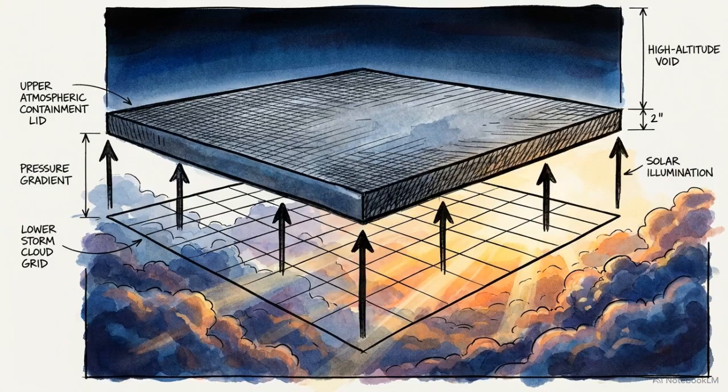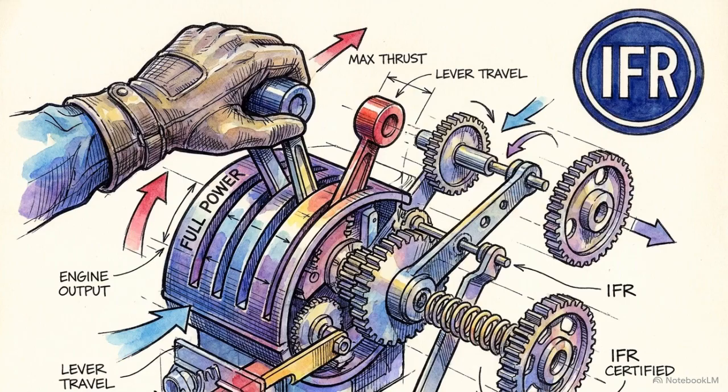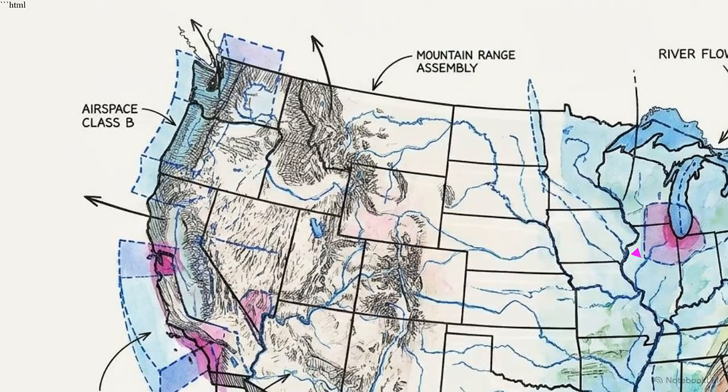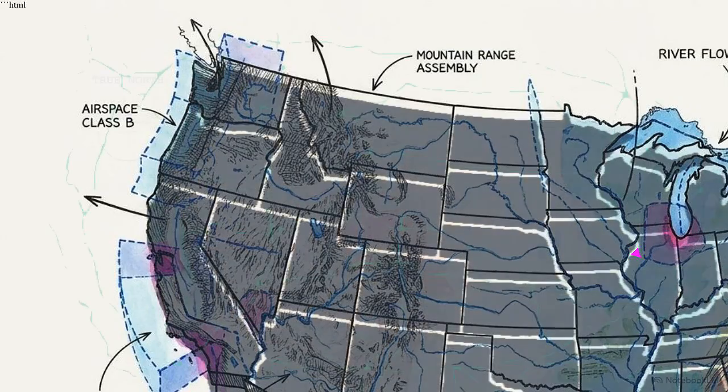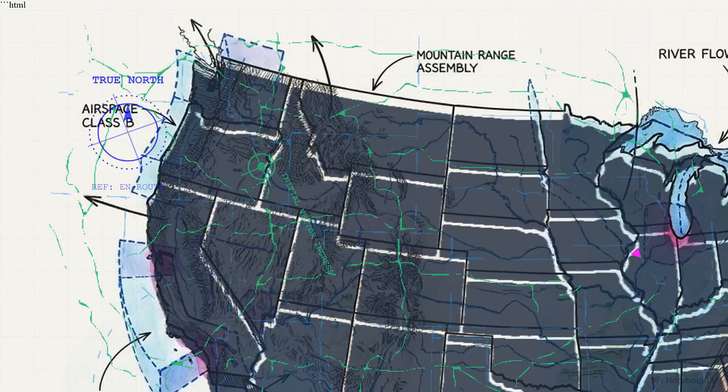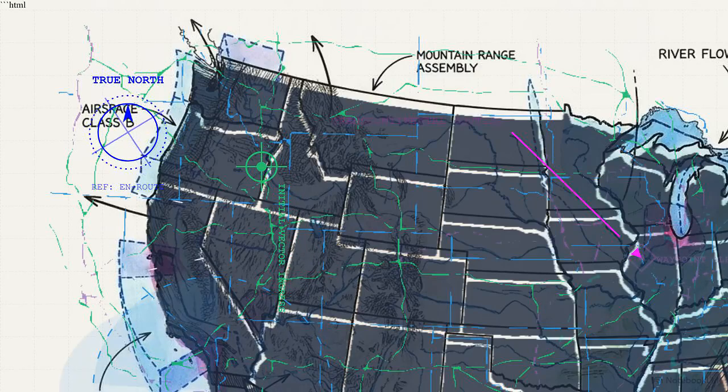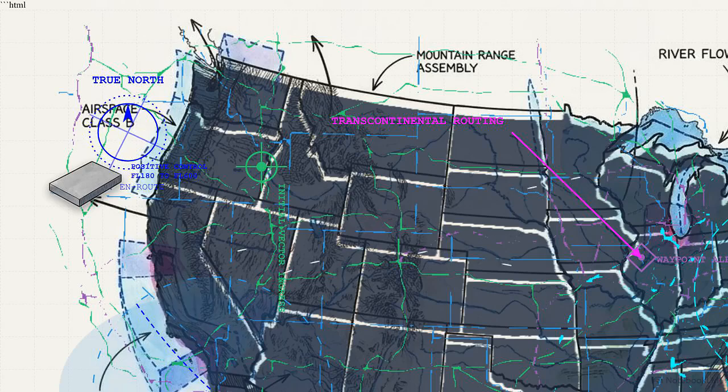The definitive rule of Class A is absolute. Visual flight is illegal. Operations are restricted purely to instrument flight rules. To pierce that 18,000-foot ceiling, a pilot must hold an instrument rating and fly strictly under a mandatory air traffic control clearance. By stripping away all visual separation traffic, Class A removes unpredictable variables. The airspace relies on instrument precision to safely vector the intense volume of high-speed commercial and military jets crossing the